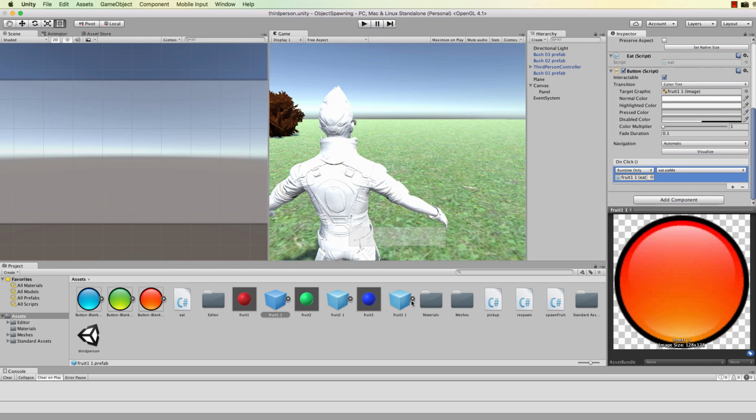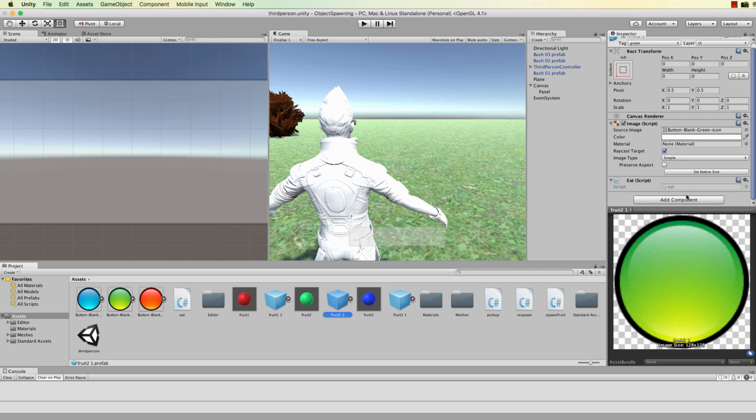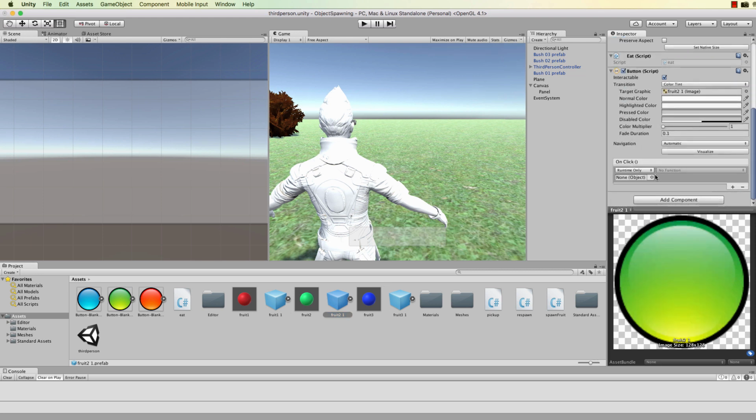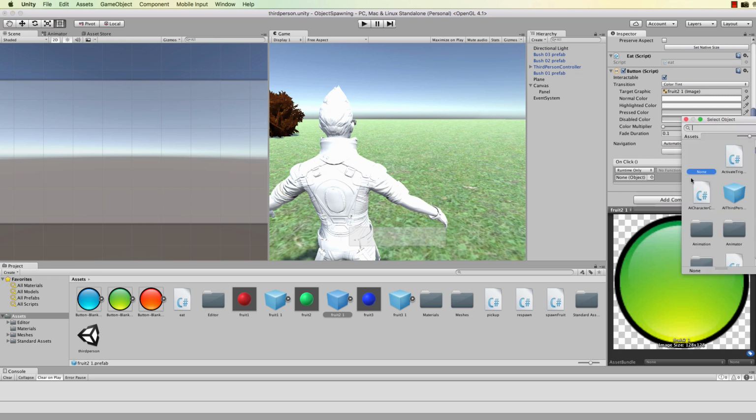So you want to do that for each of these fruits here. Let's add a button and we will plus this. Make sure that you're selecting this fruit itself. Fruit 2